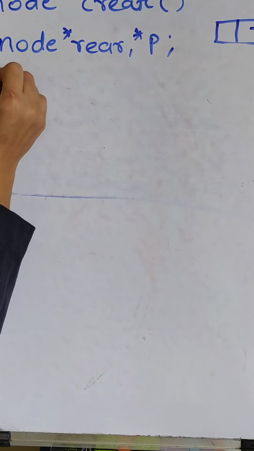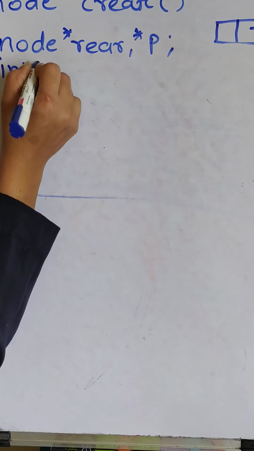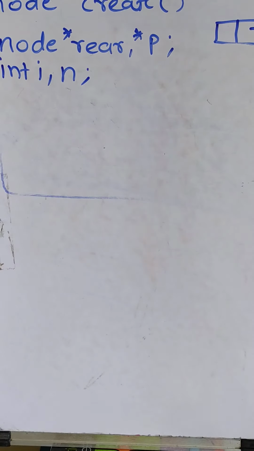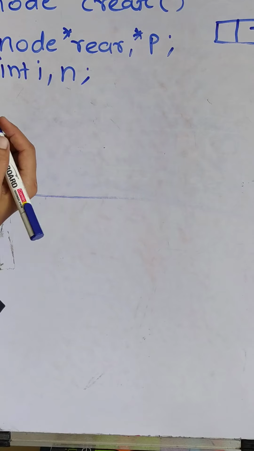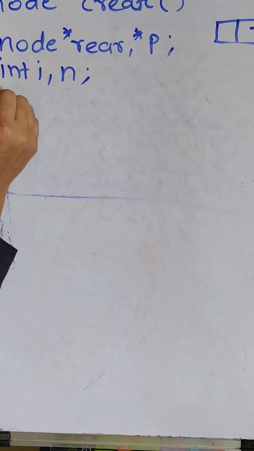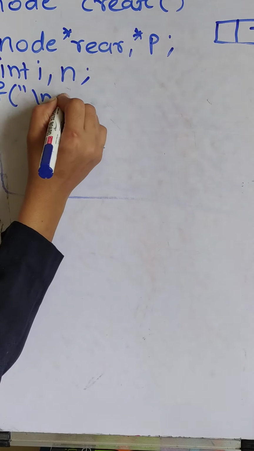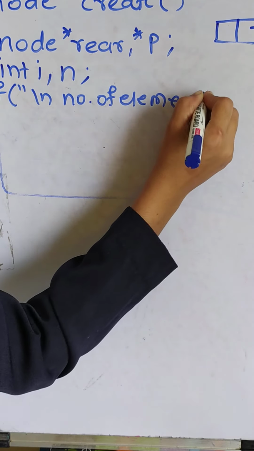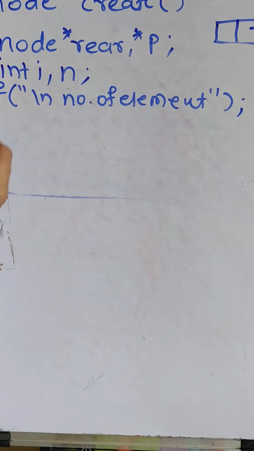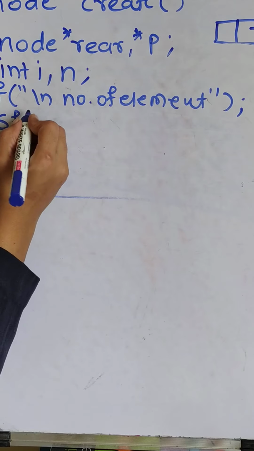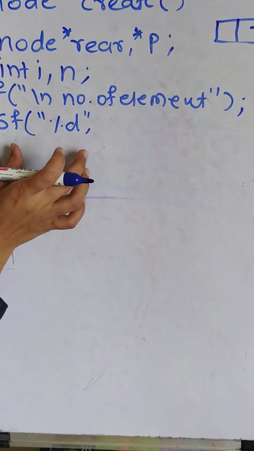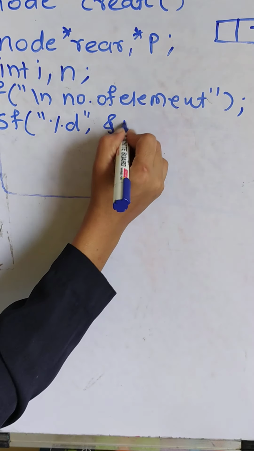See, after that we need i also, because we are inserting more than one element. And how many elements do we want? Take this as n. Okay, then after this, printf "enter number of elements". Give the number of elements you want in your linked list here, and then write scanf, %d. Due to space limitation I am writing it this way. And the address of n.